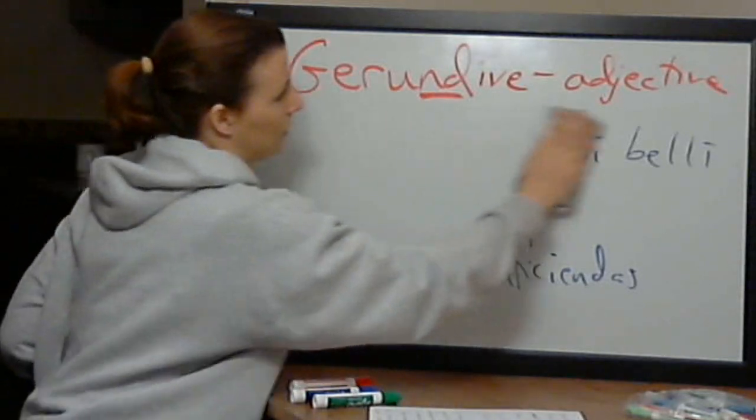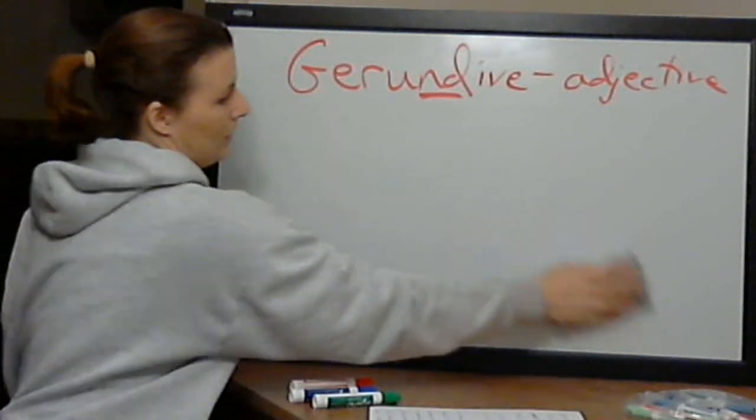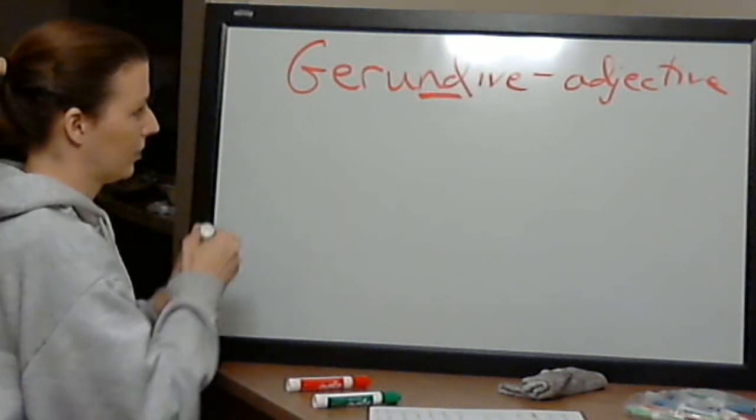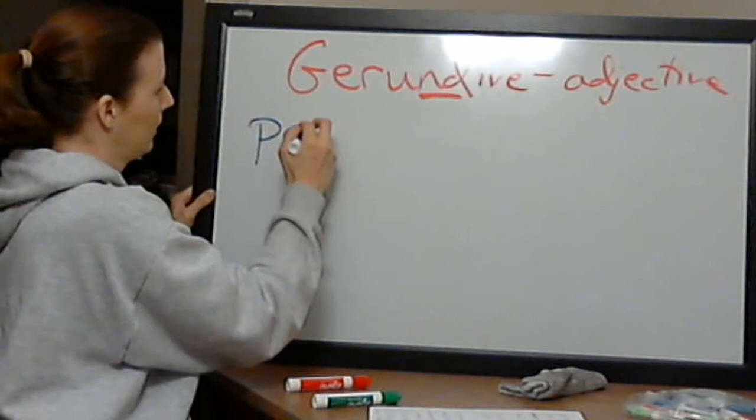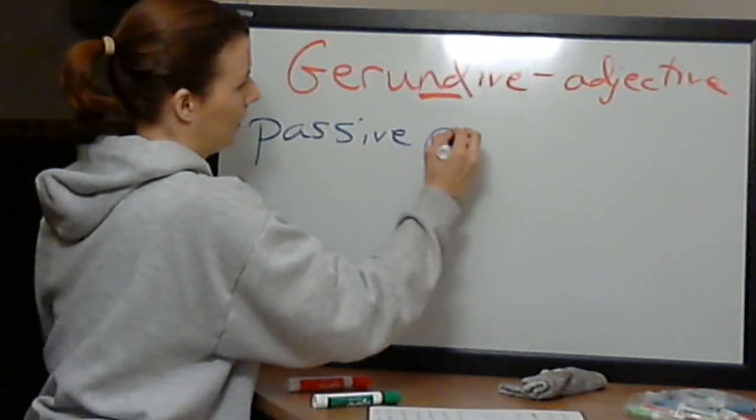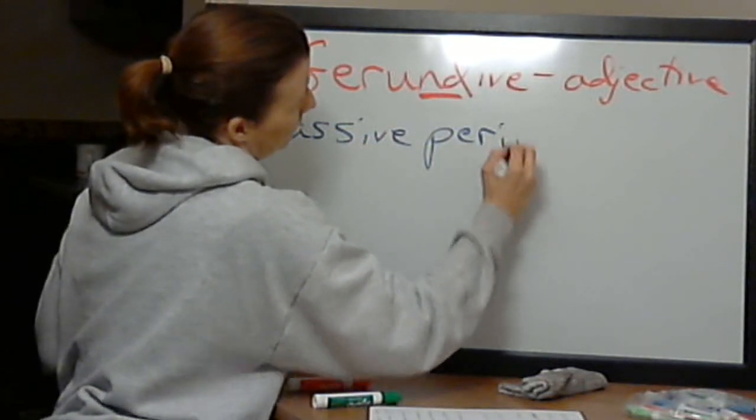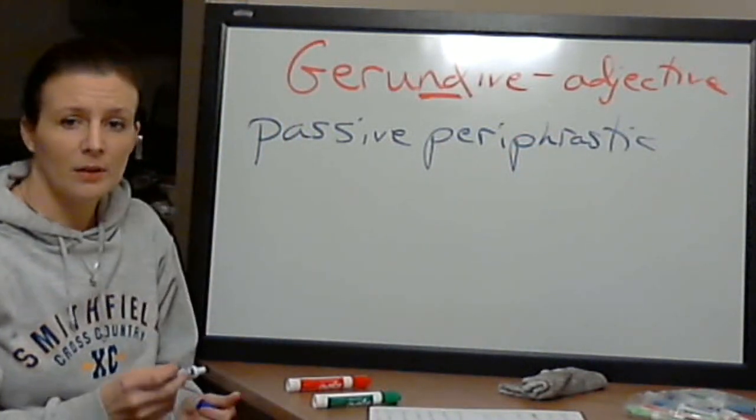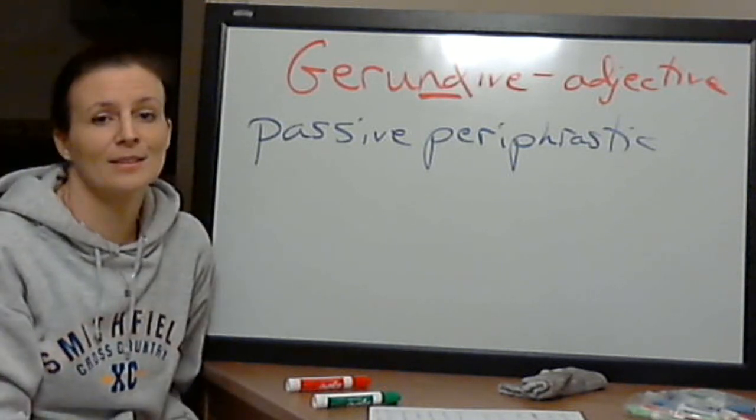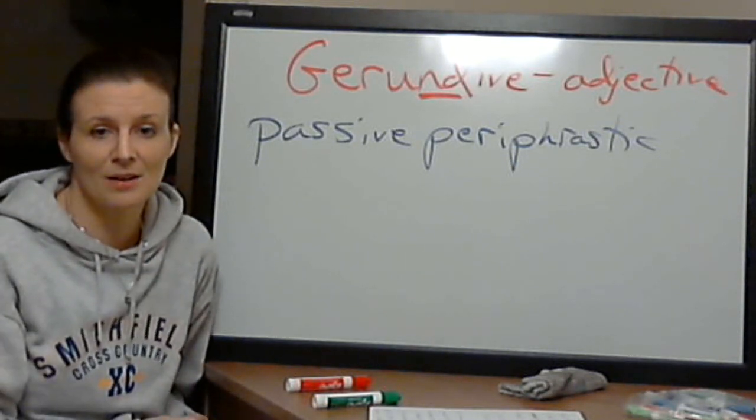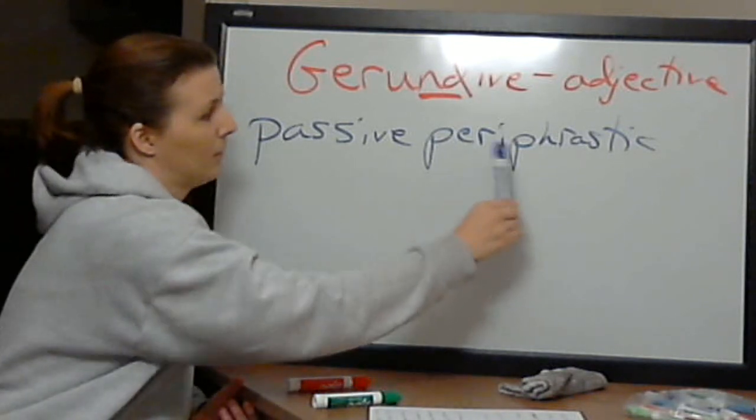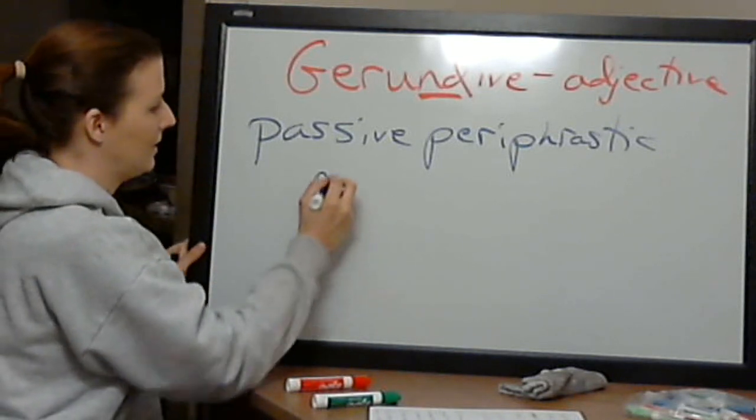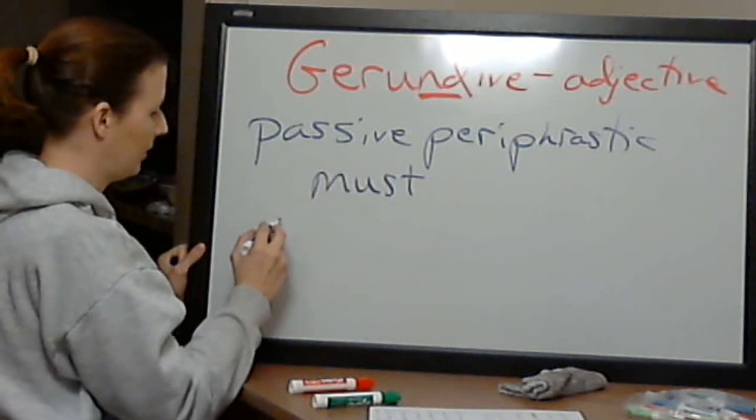So let's look at a few famous ones of this. The gerundive most famously is used in a construction called the passive periphrastic. You'll never need to know how to say that or spell that in your life. It doesn't come up that frequently in your day-to-day conversation. This literally means a roundabout way of saying something in the passive. And so this is how we get that must idea. And the most famous one of these is